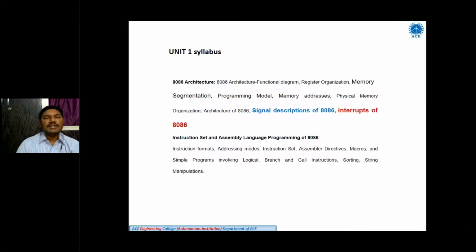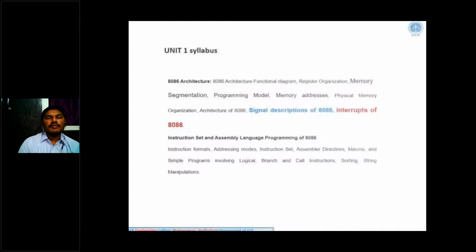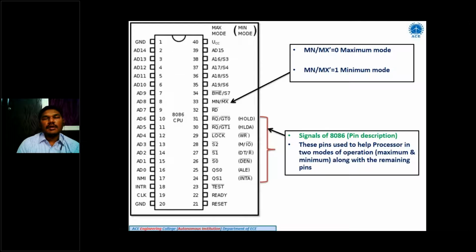In the last presentation, I was explaining the signal description of 8086, but it was not completed. Today, I would like to complete that signal description of 8086. If possible, I would like to go through the interrupts of 8086 also. In the last presentation, I was explaining this pin diagram as the signal description of 8086 because 8086 is packed into